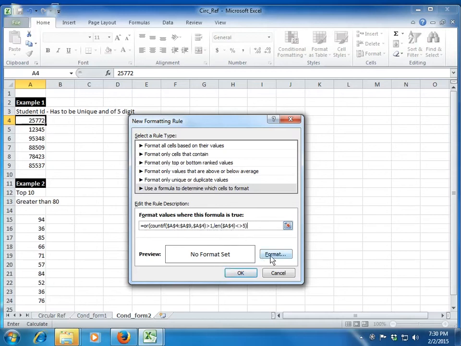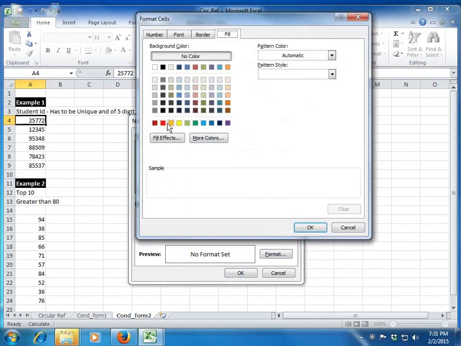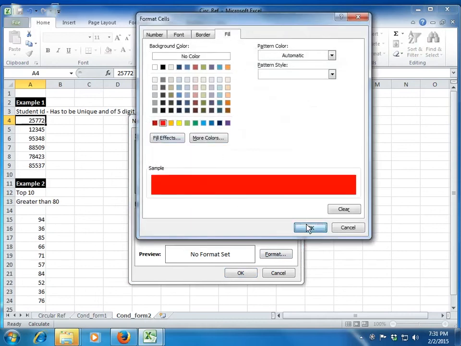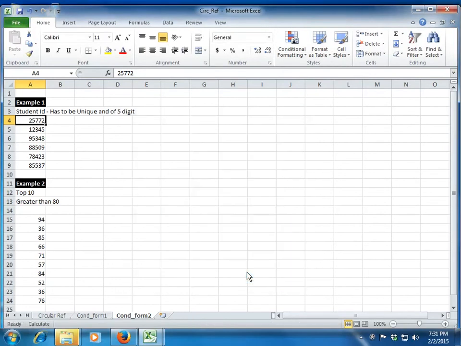And I click on OK. Let me give it a format. So format, let's use the red highlight, that is the most prominent one. And I say OK. Again, if I want to copy this formula, I can use the paintbrush. Now, since all of these IDs are equal to 5 digits and none of them are repetitive,